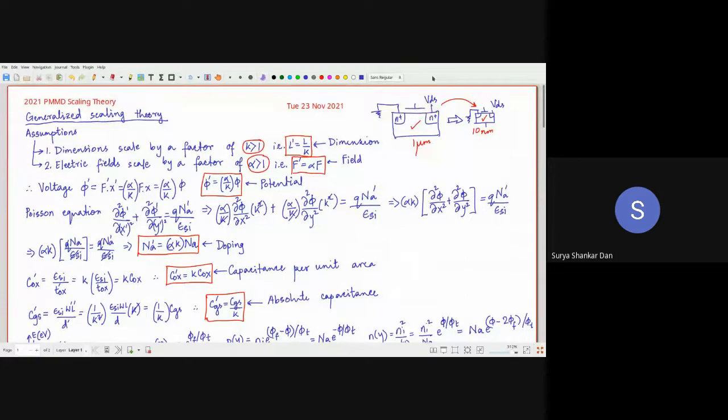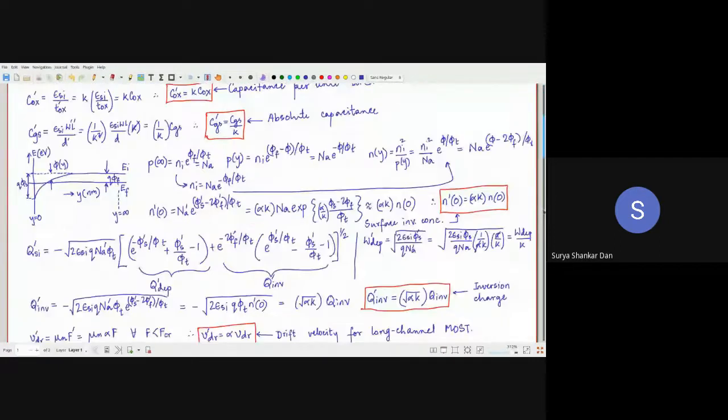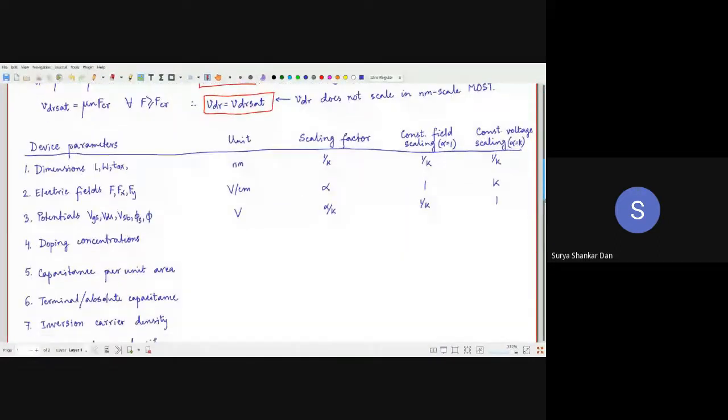It will be much easier: okay, excellent, we will keep the same power grid. We will simply replace the device from 1 micrometer with 10 nanometer. The potentials remaining the same. Excellent, right? We don't have to bother about the power supply anymore. Just imagine the benefits that we will be getting as a circuit designer. You simply replace a 1 micrometer device with a 10 nanometer device, and we will be getting performance improvement. Unfortunately, that doesn't happen. That would be a very good thing to do, but it doesn't happen.